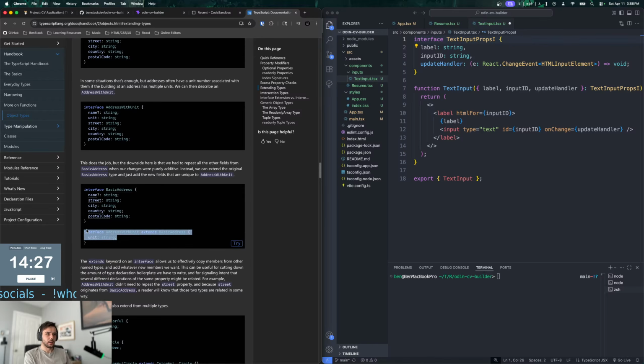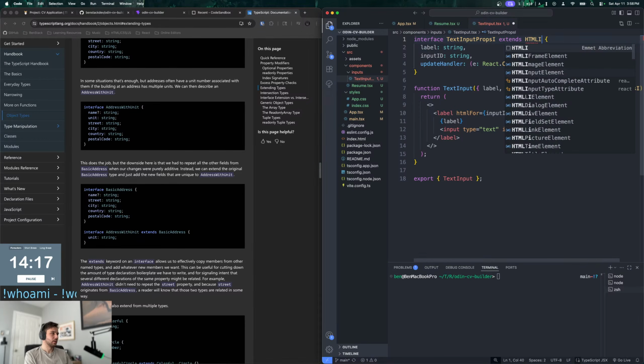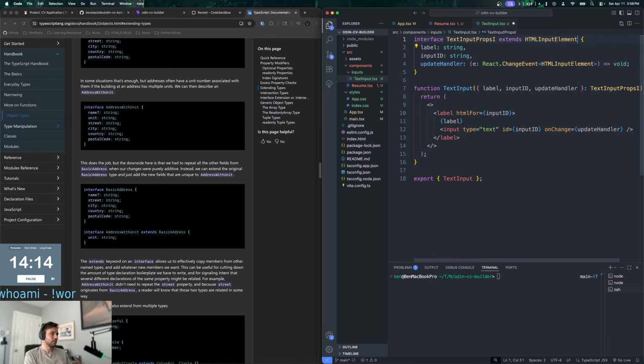Interface. Oh, yeah, you can. Okay, you can do interface address with unit extends basic address. So we could do text input props I extends HTML input element. Does that work? And then I can add the ARIA labels in here, right? That should work?